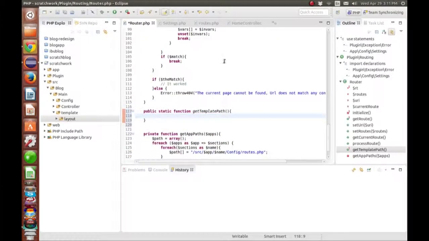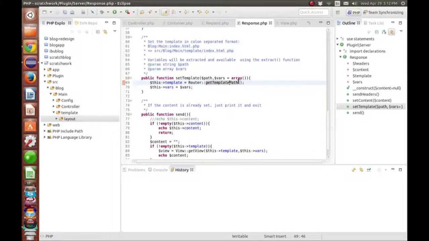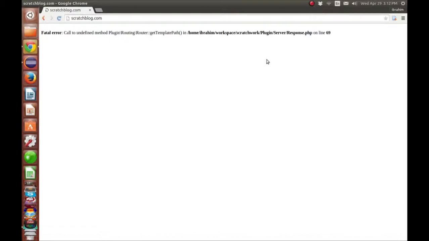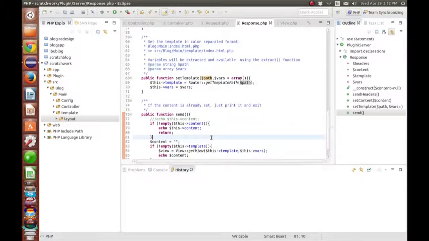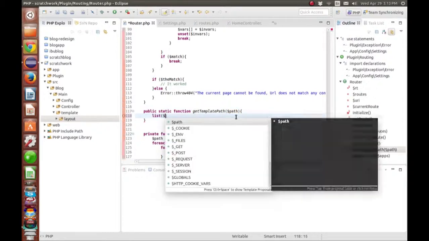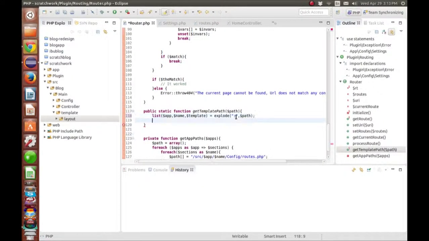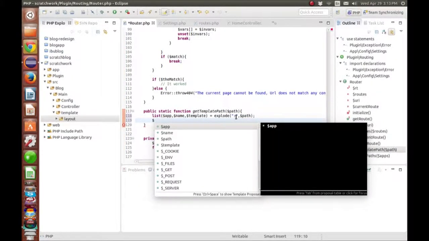Get template path, and also it needs some parameters, which is the path that's colon separated for now. Actually we'll just stick with that to get the template path. For example, we're gonna do blog colon main colon index.php, and then from there I'm gonna convert this into a path, which will be source slash blog slash main slash the folder we just created right now, which is called template slash layout slash